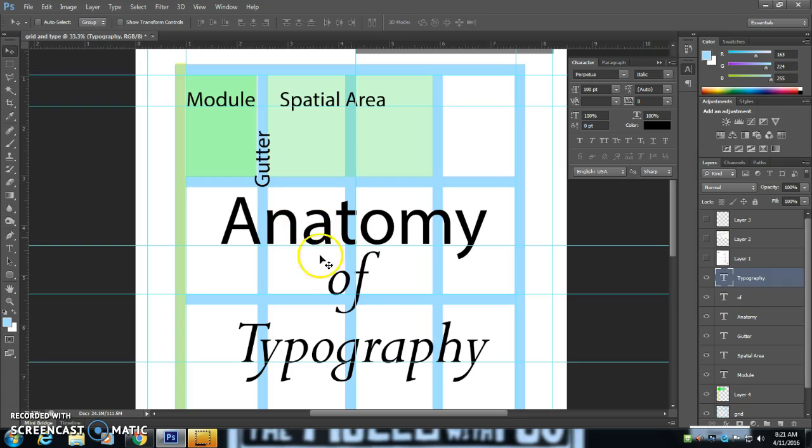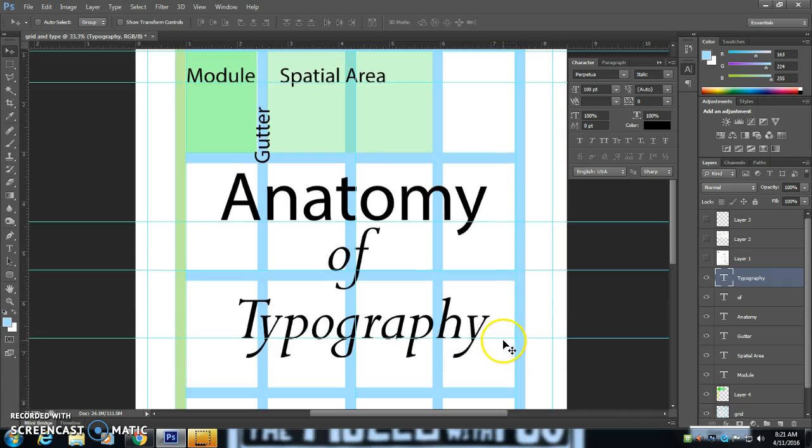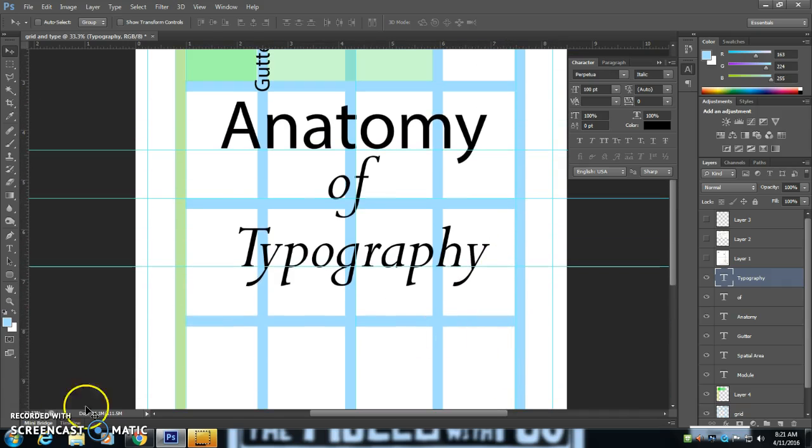I got to label Anatomy of Typography here so that you can clearly see and understand all the elements of the Anatomy of Typography. I'm going to show you some things that you can do, how you can use shapes to make the process of circling and highlighting different areas a little bit easier. So I'm going to start with